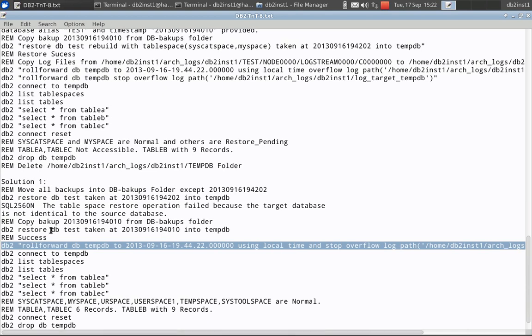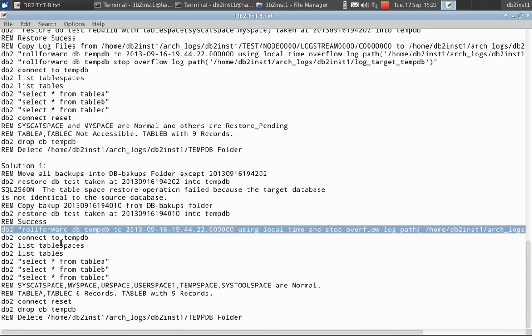Once this roll forward is done, again you can connect to the temp database. You can list the table spaces, you can list the tables, but here you will find all the tables are there because we are restoring the entire database. So table A, table B, table C, everything should be there, but the only thing is table A and C will have only 6 records, table B will have 9 records. Table B will be restored as such till that point in time, it will have 9 records. Table A will have only 6 records instead of 9 records, because only if you restore till the end of logs you will get 9 records, but if you restore it that way, then obviously MySpace will be dropped again, so there is no point in that. So that is the idea.